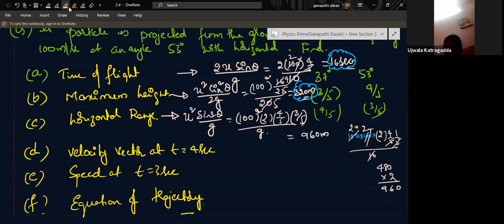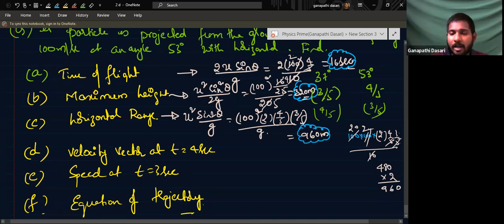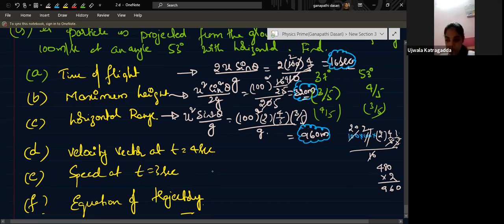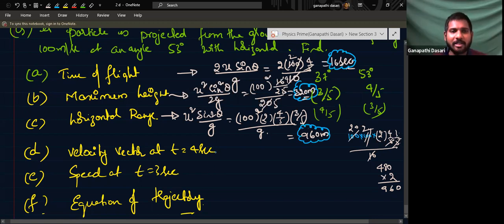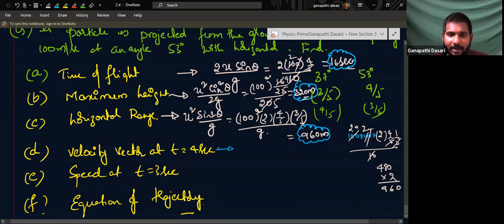Yes, sir. I made a little calculation mistake here. But as a student, calculation mistakes should not happen to you. It costs you more than me. For me, if I don't teach concept and analysis properly, it will cost me. But if calculations go wrong for you as a student, you pay the cost. If I make a mistake here, it's okay because I'm not writing the exam. As a student, it should not happen. You should be very sharp and quick.